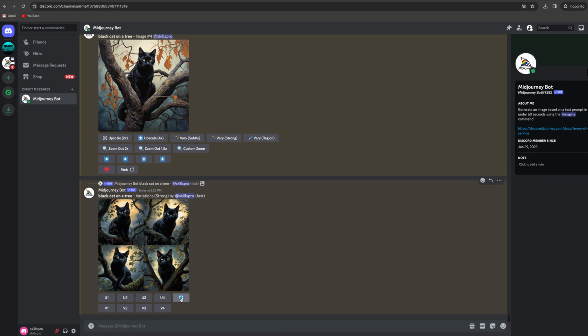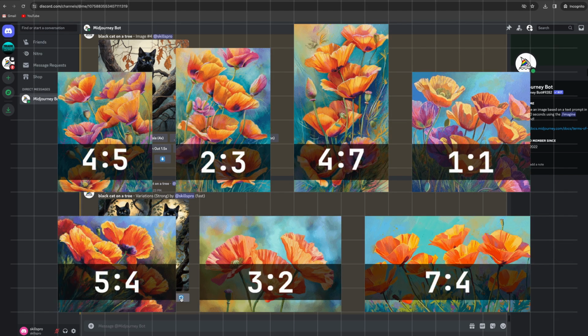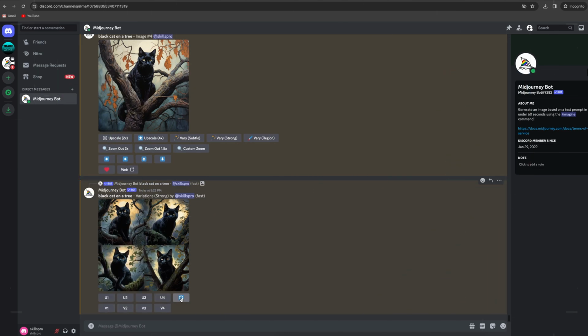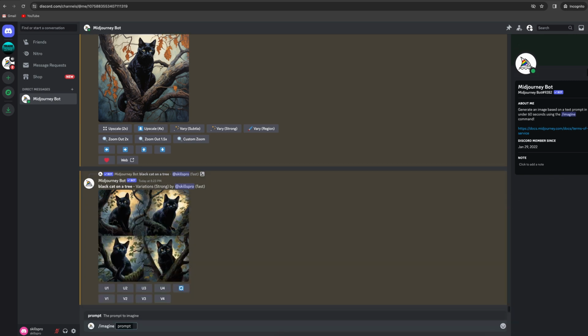So we've found out how to generate images, and that's cool. But what if we need a horizontal picture? Midjourney's got a special option for that. At the end of our prompt, we can specify any aspect ratio. Here is a list of common Midjourney aspect ratios. Let's see how our request will work. Enter slash imagine, space, prompt, space, you already know this, and let's think of a prompt.